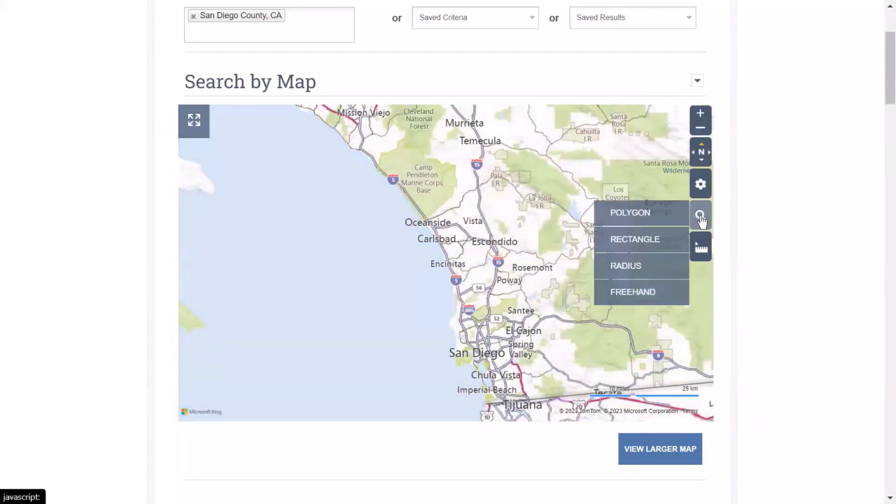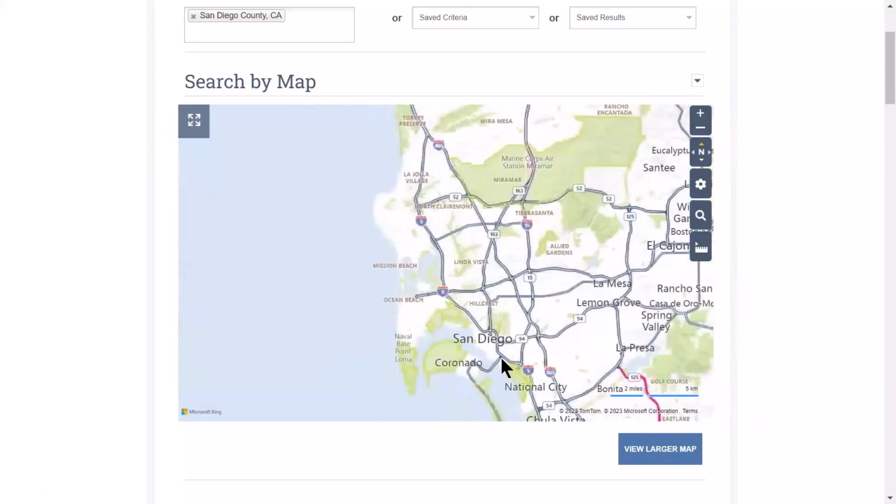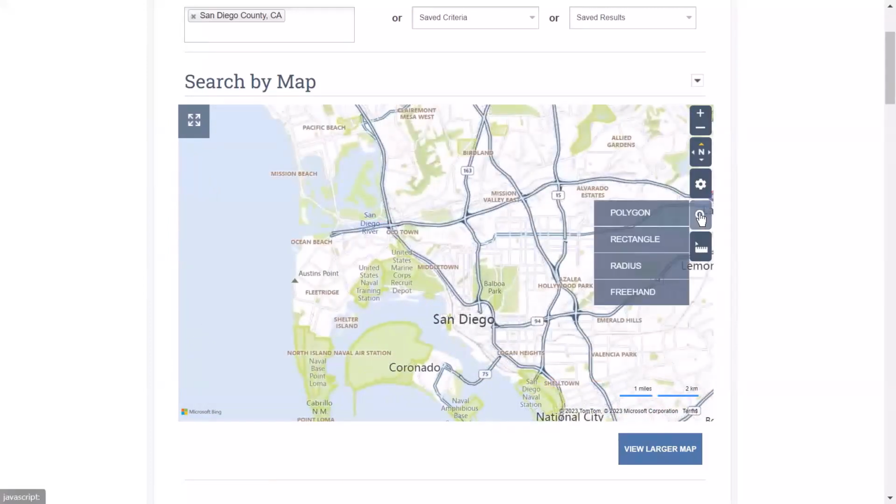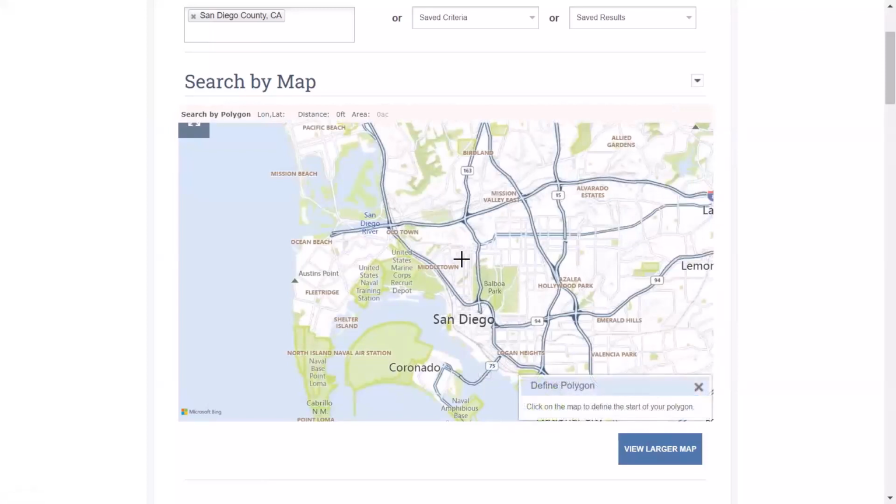Below the settings wheel, we have a search button. It's just a little magnifying glass here. And this will allow you to draw a shape based on a polygon, rectangle, radius, or freehand. There is a limitation on these different shapes. So for example, if I do a polygon, to start a polygon, you just click, you move around to your next point, and then you click again.